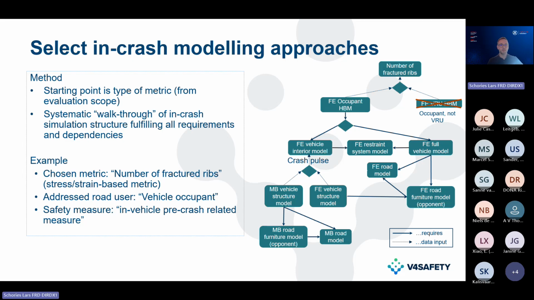The road user type is the vehicle occupant, and the safety measure would be an in-vehicle pre-crash related measure, maybe an A/B technology. So we start with the approach with a number of fractured ribs. How can we assess that? There are two options. We have a finite element occupant human body model, or a finite element vulnerable road user human body model. As I stated, for fractured ribs we know we have to use human body models for that assessment,